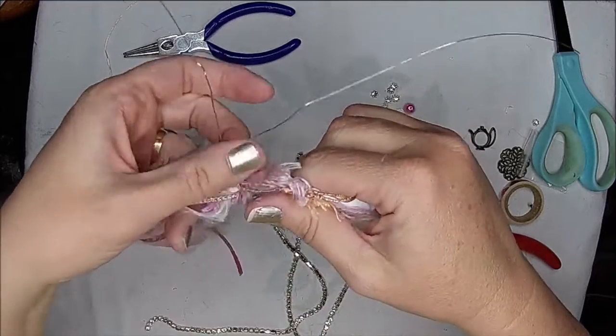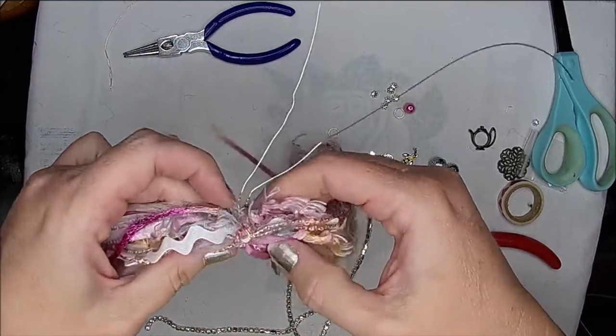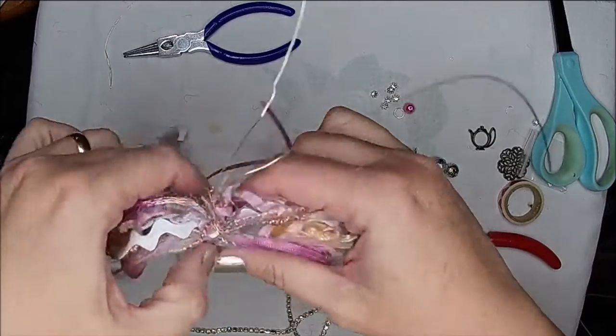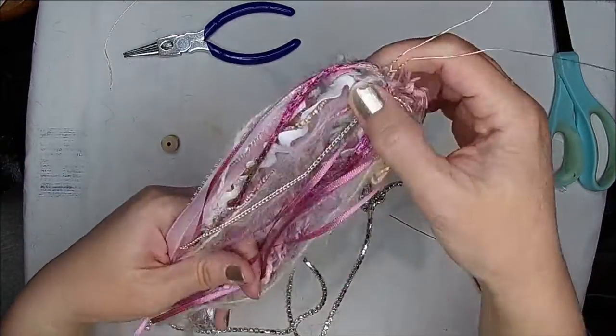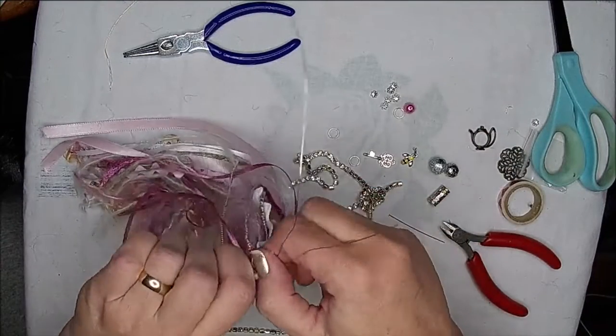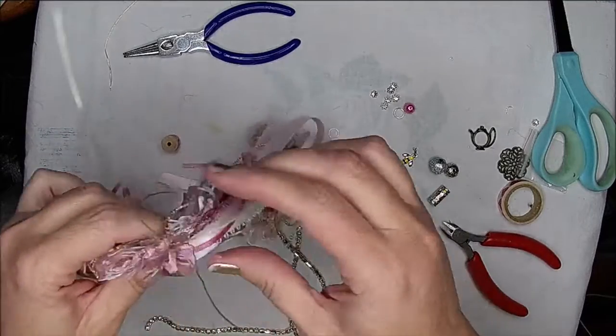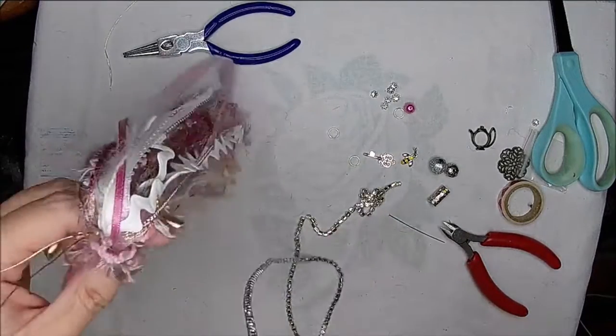So I just noticed this is kind of pretty uneven. I don't know if I can kind of slide it. I don't think it's really going to matter in the long run. But maybe it'll be okay. Okay, so